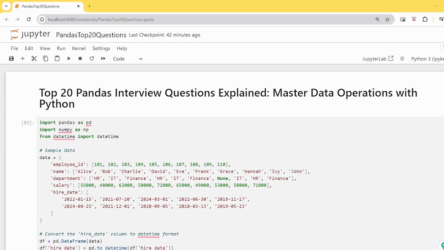If you are getting ready for a tech interview that relates to data, then this video is for you. Today we are tackling the top 20 interview questions in Pandas. But here is a twist. I'm not going to give you just questions and answers, but you will learn the actual thought process behind solving